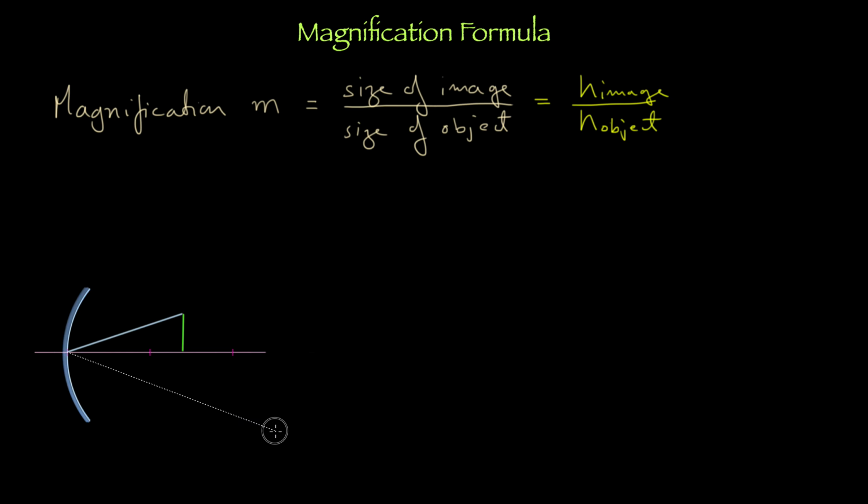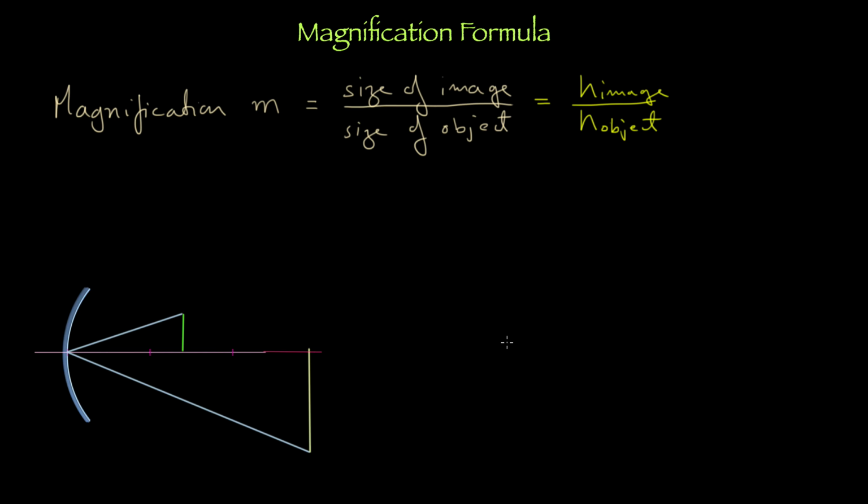Anyways, the ray which is going to the pole will get reflected at the same angle, right? Right, guys? Yes, sir. And we are not bothered about actually finding the location. We are not drawing a diagram for finding the image position, but we want a relation between the heights, right? One second, let me just complete it. It's not a very clean one, but still.